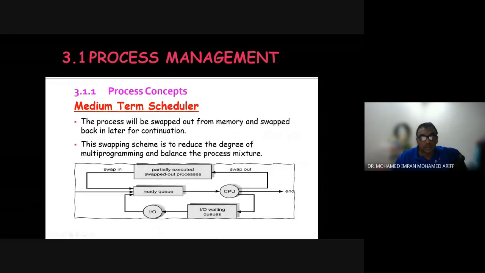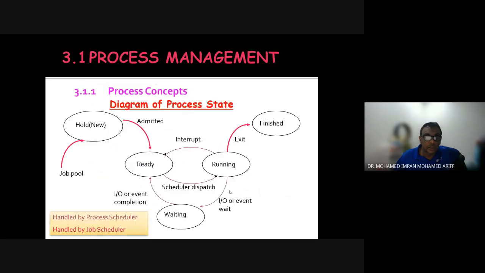Medium-term scheduler. And then we also have a medium-term scheduler, from the ready queue to the running queue. Sometimes you also have, this is a long-term scheduler, this is a short-term scheduler, and you